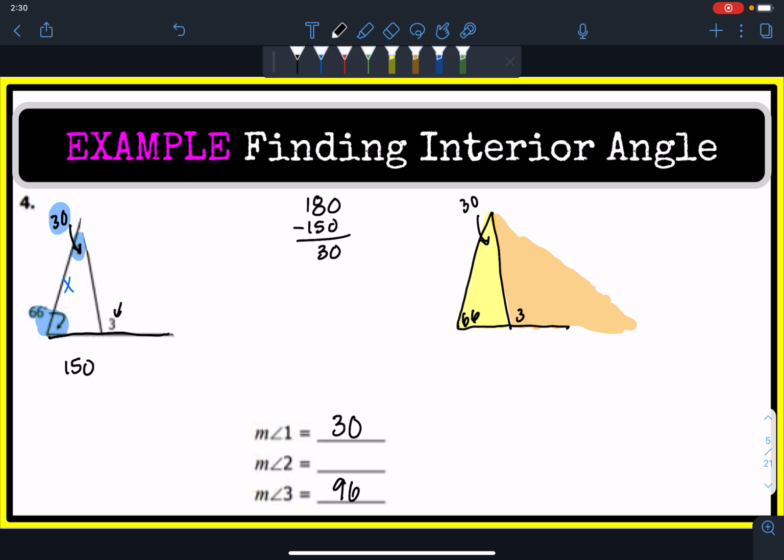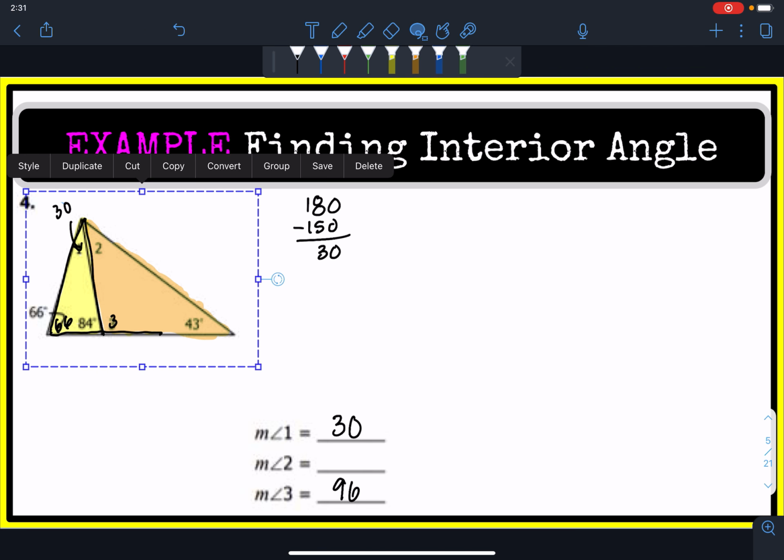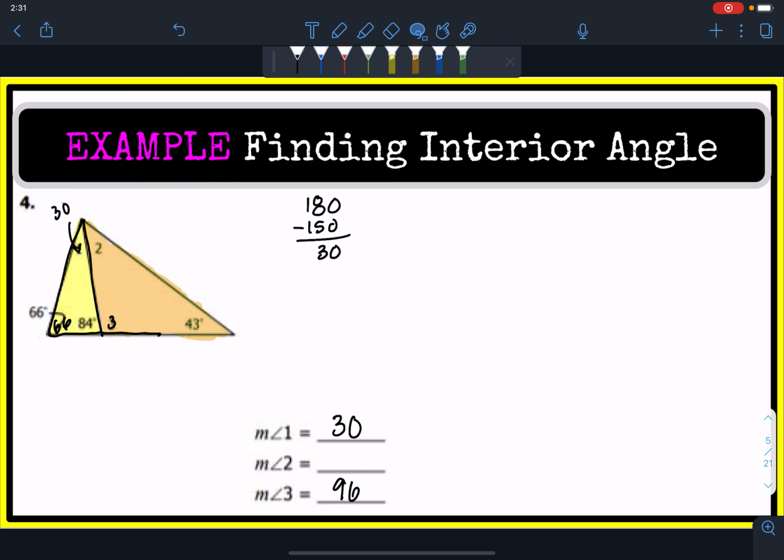Now that is not the only way to verify this angle. Let me put all of this back on. This is not the only way to figure out the measurement of that angle. Another way of figuring out that angle measurement is by doing the following. Since this line here, I'm doing red, is a straight line that's broken up into two parts,